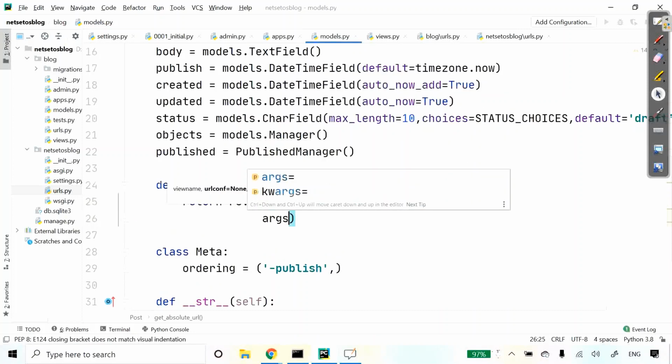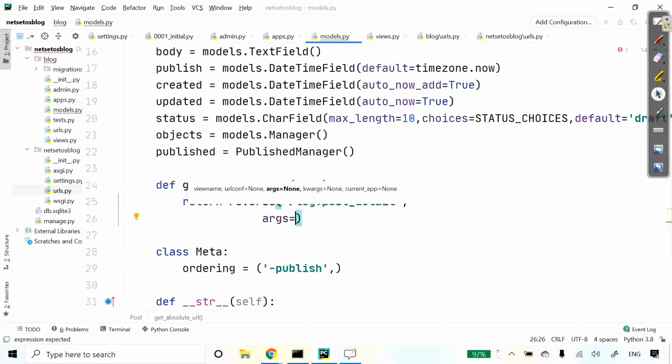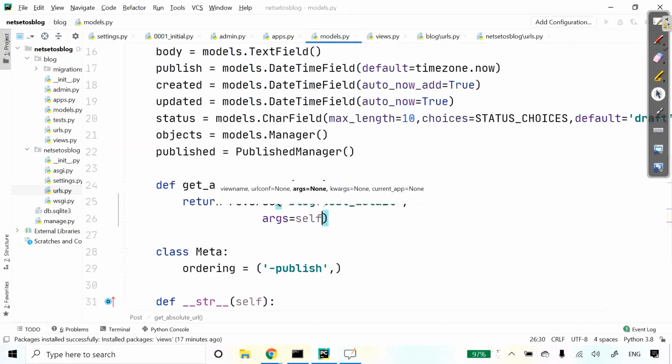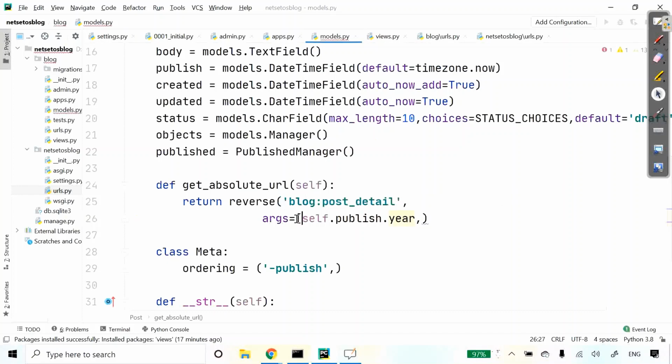Here we will include args which will have publish year, publish month, publish day. So let's include self.publish.year. We will keep this in brackets, and I'll copy this so that I can add year, month and day.